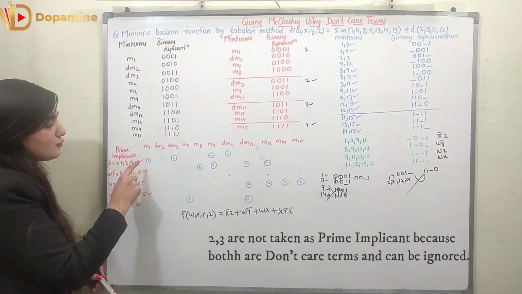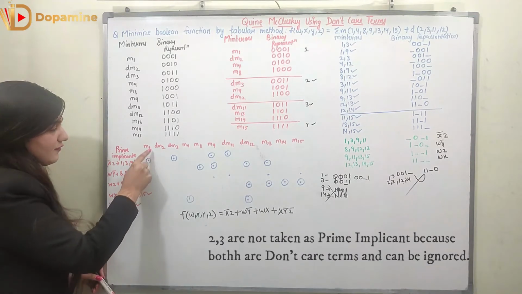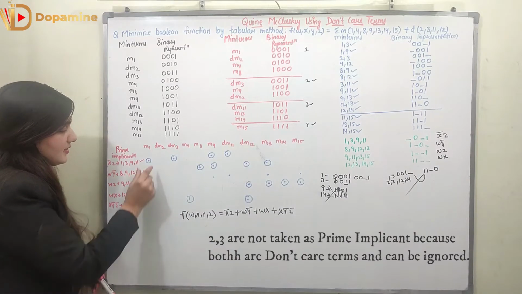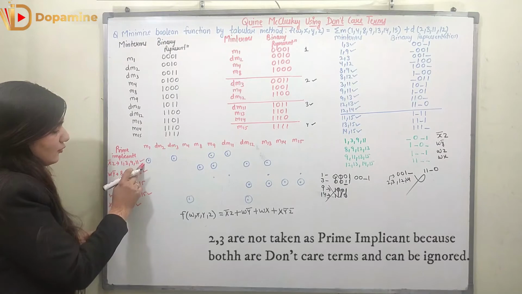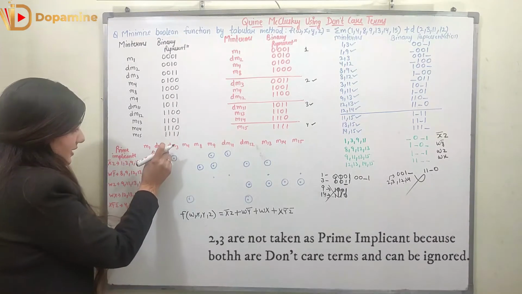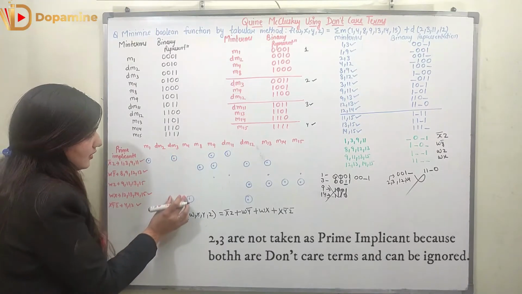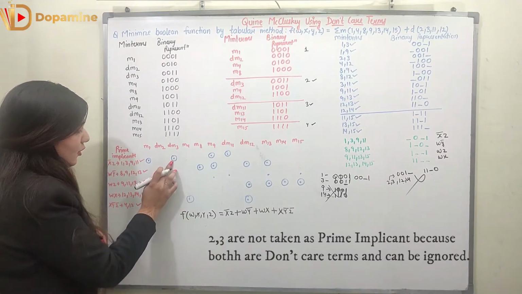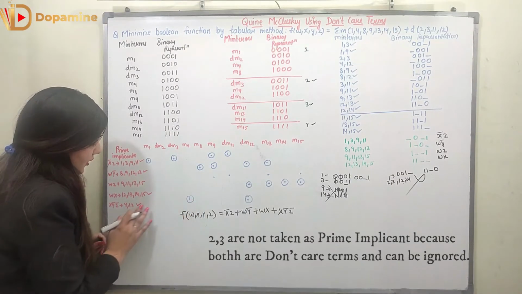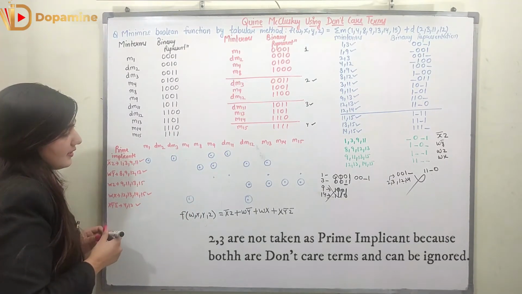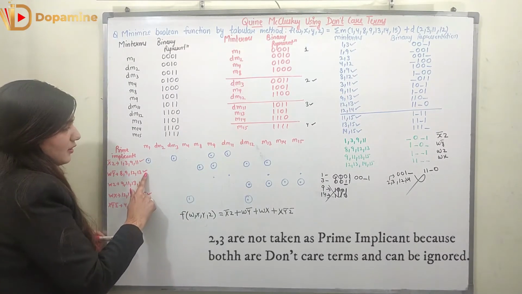So now we are going to see how many dots are present alone. So if I see this column, right, in this column we have a single dot, so I am going to put a tick mark over here. If I see the second column, I am not having any single dot, no tick mark. If I see the column 3, I am having a single dot, again tick mark, it was already present. M4, I have single dot, you can put a tick mark over here. Right? Similarly, M8, you have a single dot, you can put a tick mark over here.